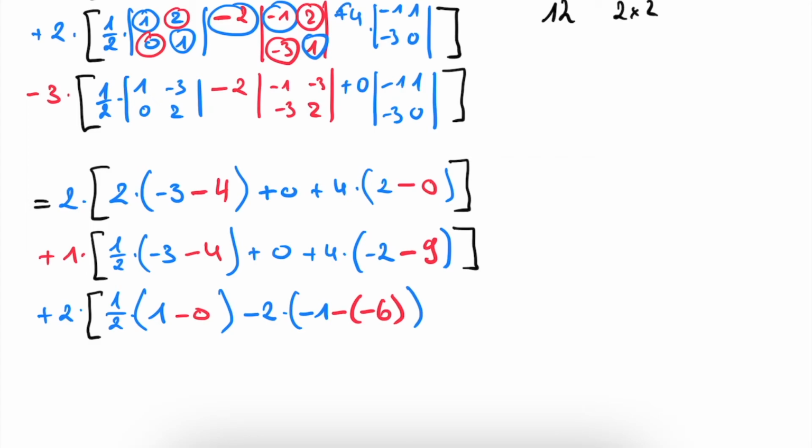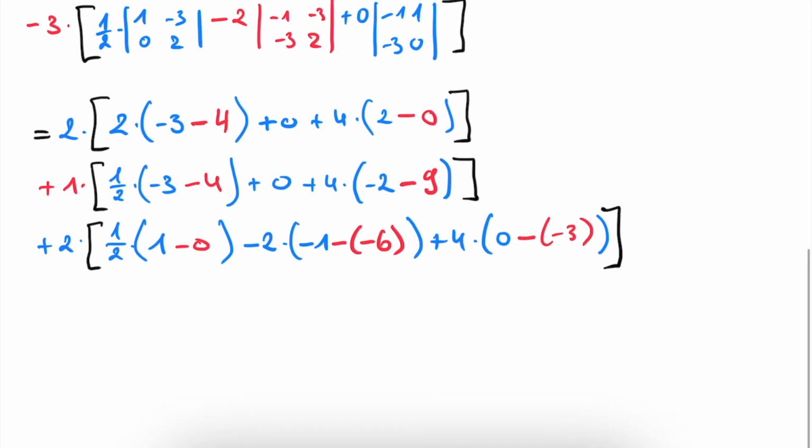Then the last term is this plus 4, so plus 4 times the determinant is -1 times 0 is 0, so we have 0, minus -3 times 1 is -3, so -3. And we have our third term,